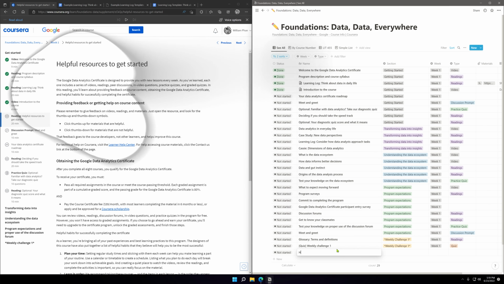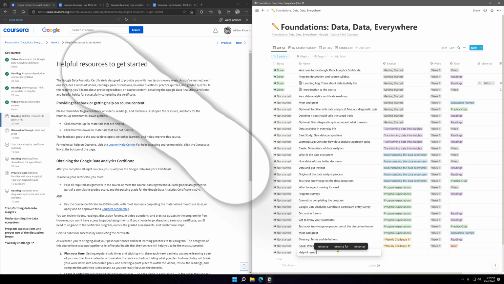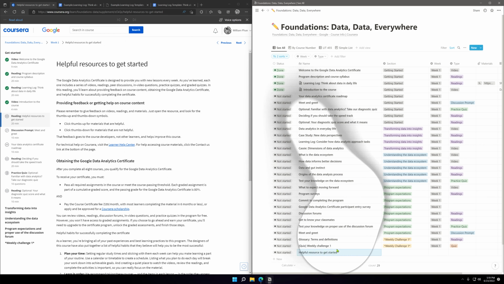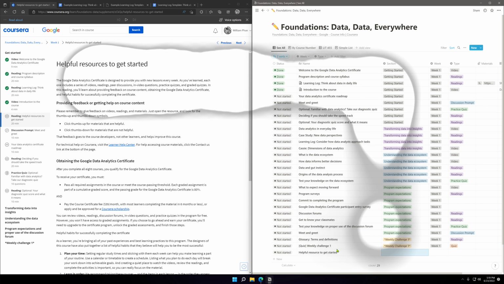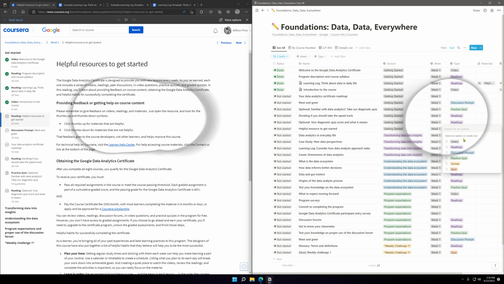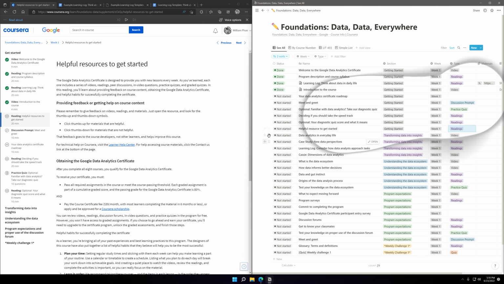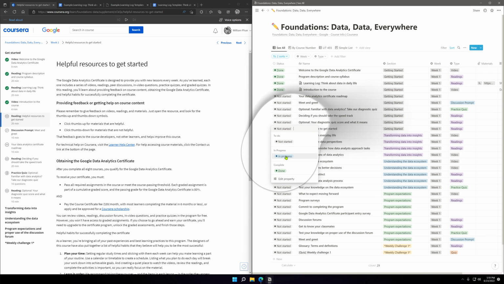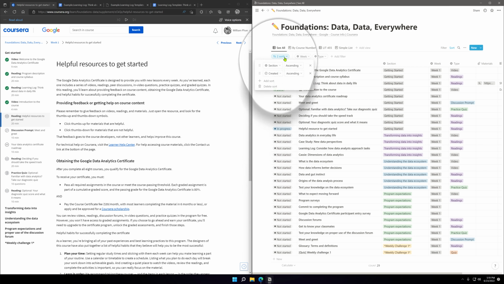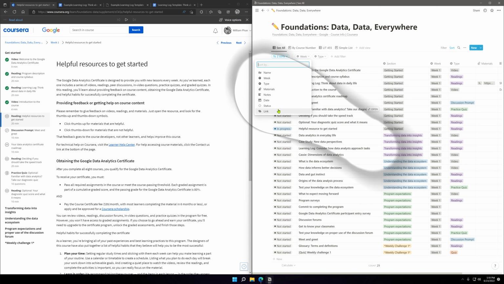Let's see. Helpful resources to get started. This would be at getting started. And we are on week 1, and this is a reading. In progress. The next sort I want to add is status.